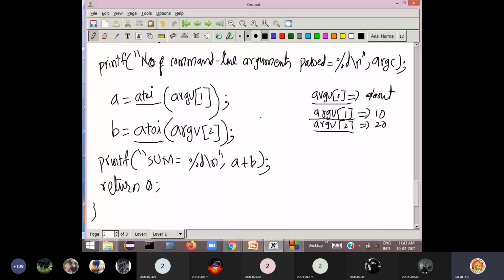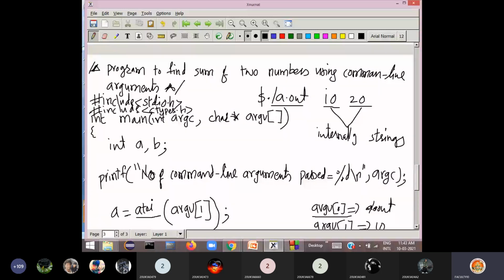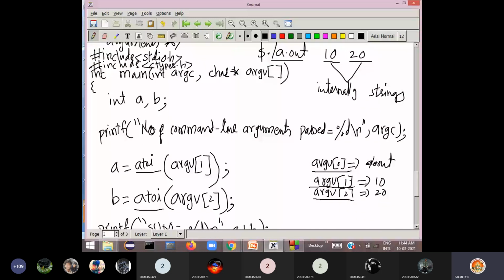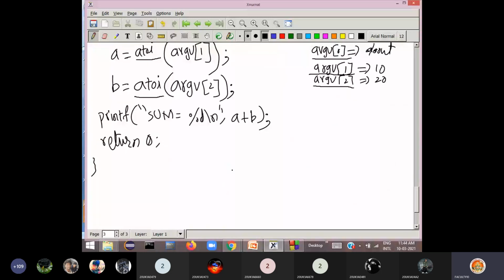You can even pass file names also. File1.c, file2.c are present in argv of 1 and argv of 2. So a program copying one file to another file, or entering some text file name and adding text into the file, all these kinds of programs you can perform using command line arguments.